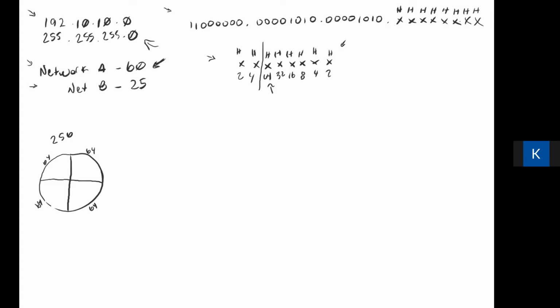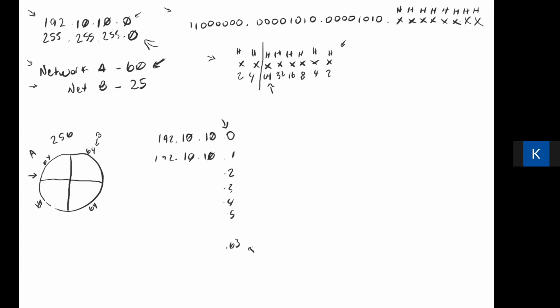Right? And so we're going to use this first network for network A. And we're going to use this second one for network B. Now, network A has 64 IP addresses, meaning that it's going to have network 192.10.10.0, 192.10.10.1, and so on, .2, .3, .4, .5, all the way up to 63. If you count that 0, even though it's ending at 63, you have a total of